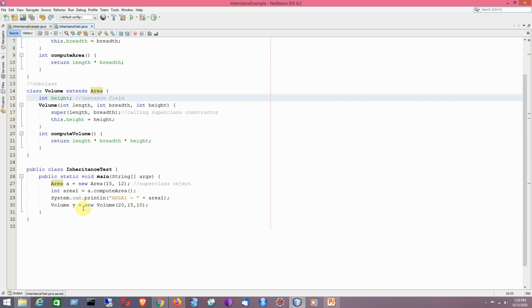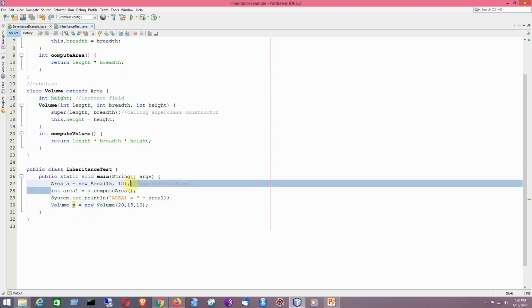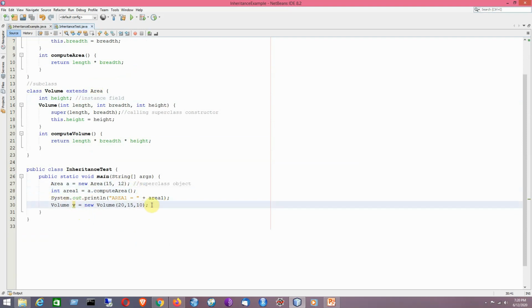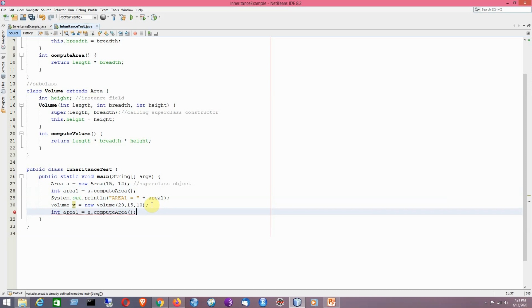Now I will be creating an object, that is named v. By using this object I can also access the superclass method, say named area2, and the object is v.